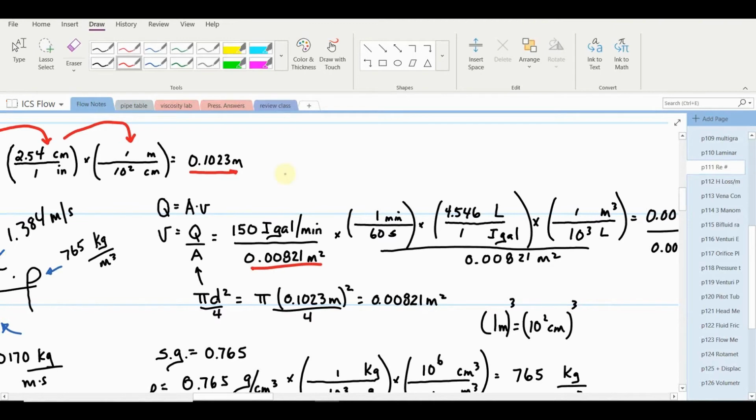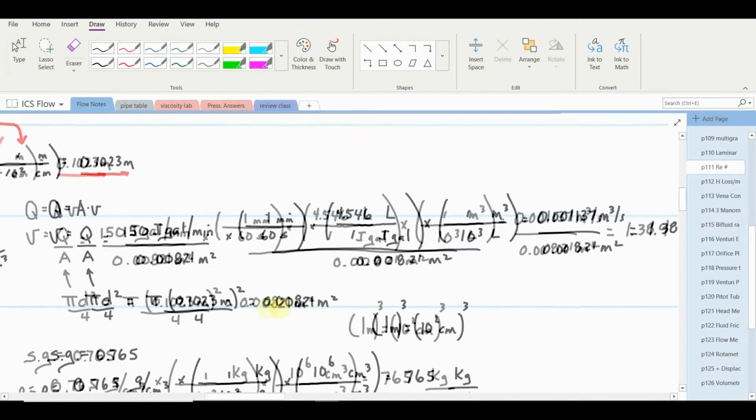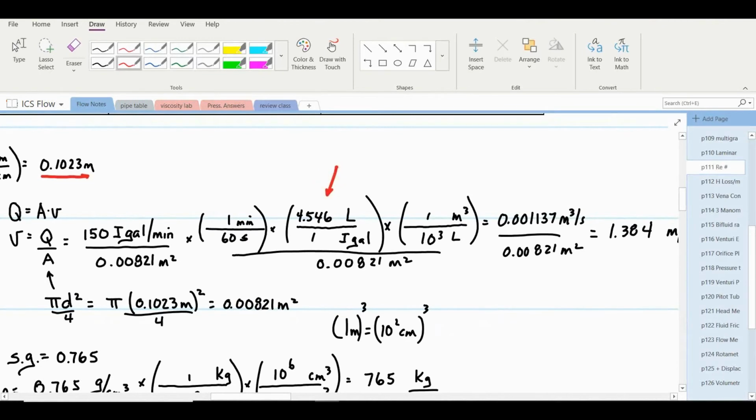We need the flow rate, but we need it in cubic meters per second. So we're given 150 imperial gallons per minute. We'll divide by 60 to give us imperial gallons per second. And then I'm going to use the conversion. There's 4.546 liters per imperial gallon. That'll give me liters per second. And finally, we'll divide by 1,000 liters per cubic meter to give us a flow rate of